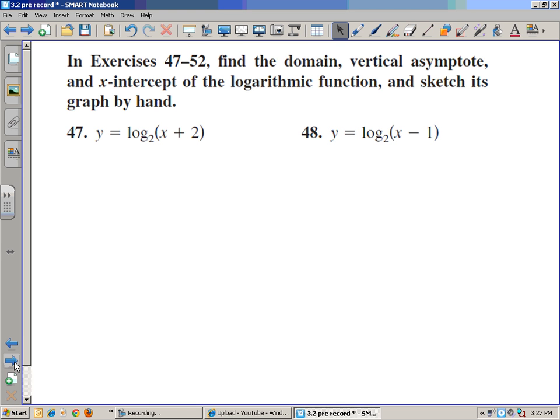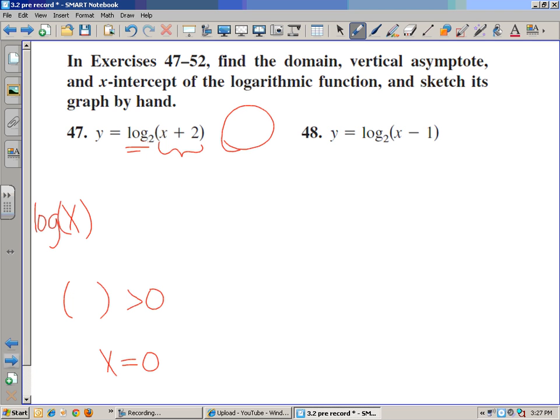Okay, 47 to 52. We want to find the domain, the vertical asymptote, and the x-intercept. Well, I didn't tell you this before, but you need to know it. All logs have a domain that says that whatever is in here, so if I had log of x, this x has to be greater than 0. It can never be 0, because you have a vertical asymptote at x equals 0. So notice out here,